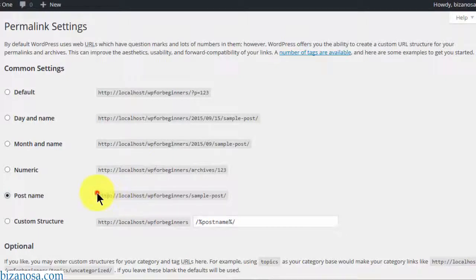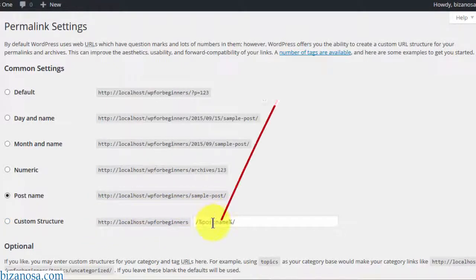Keep in mind that on the internet, this section equals the link to your website. For example, my website is at bizanosa.com, so equate that to this. Then it will be bizanosa.com/sample-post. Then you can use a custom structure.